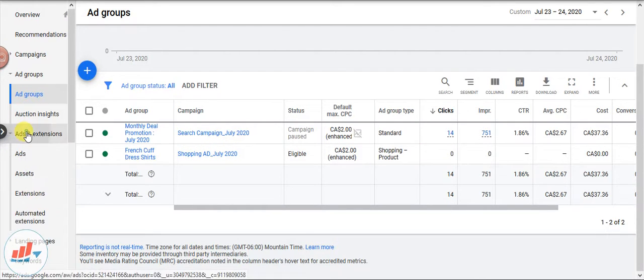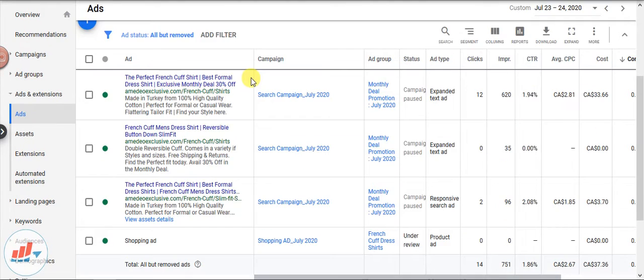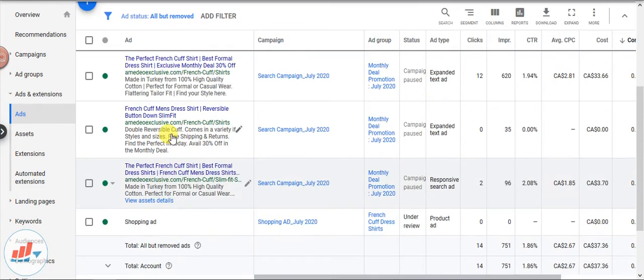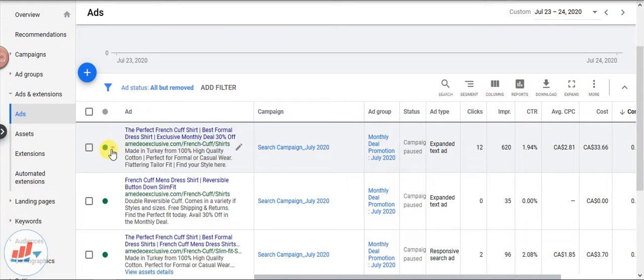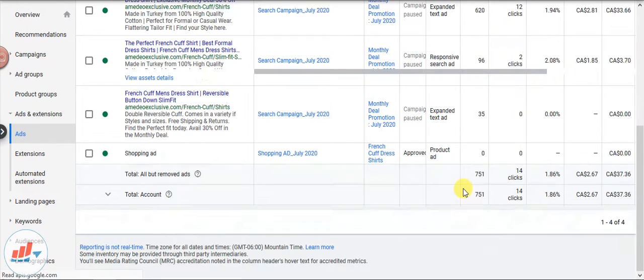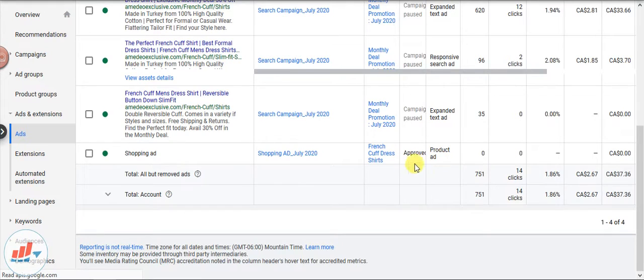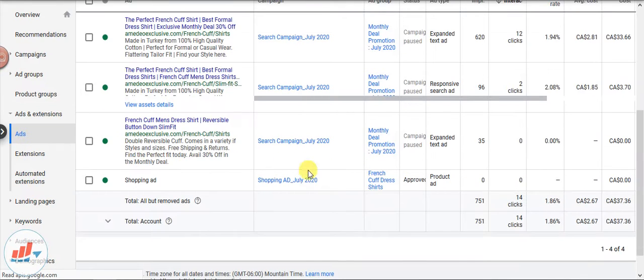If we go into the ad section, you can see that although they are eligible and on, the campaign is currently paused, so they will not be showing. But this is currently the shopping ad for French cuff shirts, and you can see the advertisement is approved.